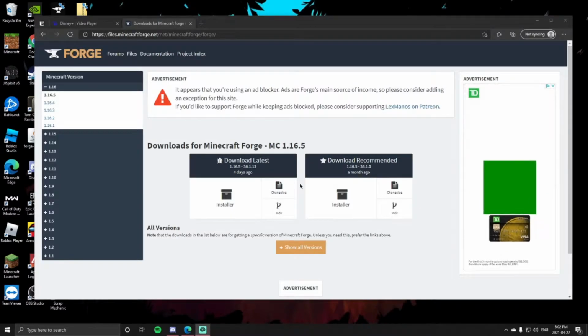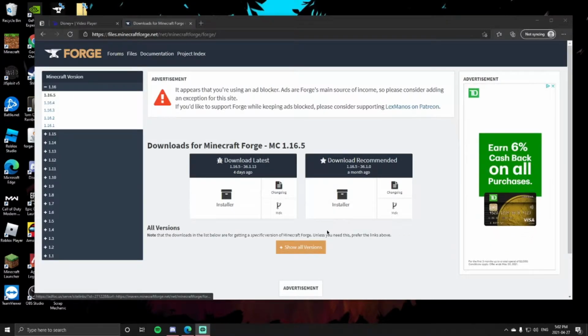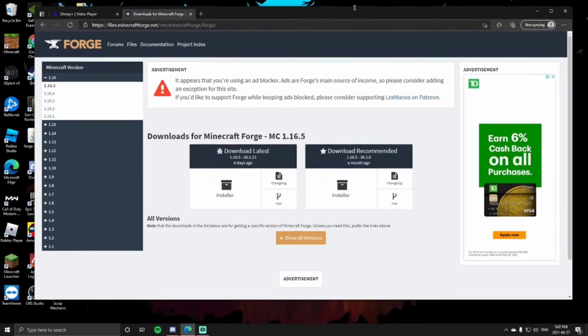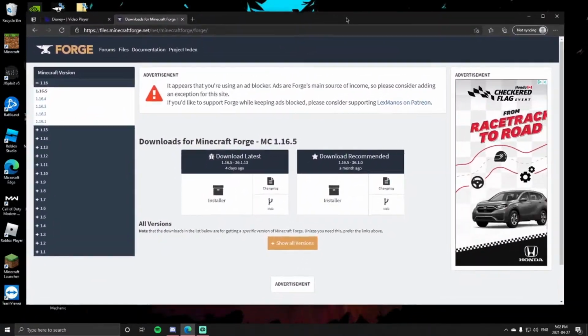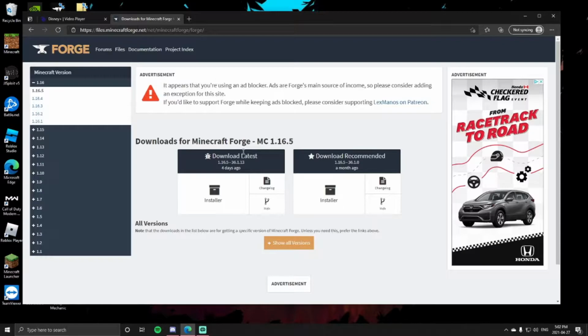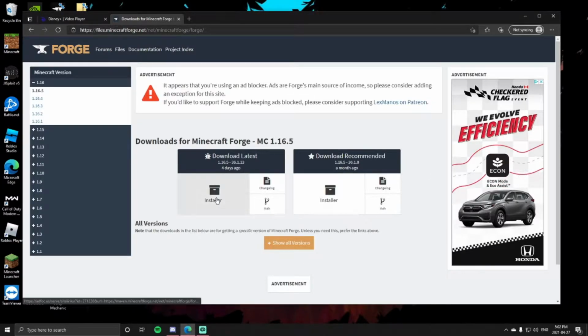This is how to install Forge 1.16.5 for Minecraft Java. So first, you go to the website that'll be linked in the description, press installer underneath